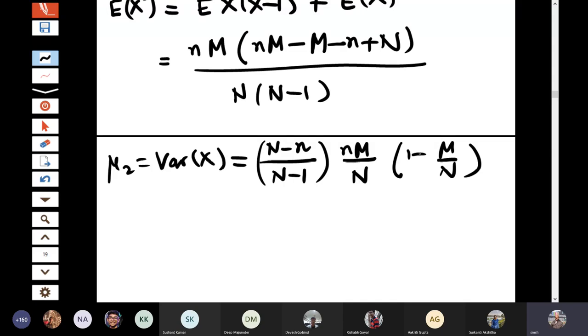See, one thing you should note here, suppose I consider both m and n tend to infinity such that m by n tends to some number p. Then the expectation converges to small np and the variance will converge to npq, that is np into 1 minus p, which is the same as in the binomial distribution. That means if the population size is very large, then this hypergeometric distribution actually converges to binomial distribution. Okay, I will state it as a theorem here.